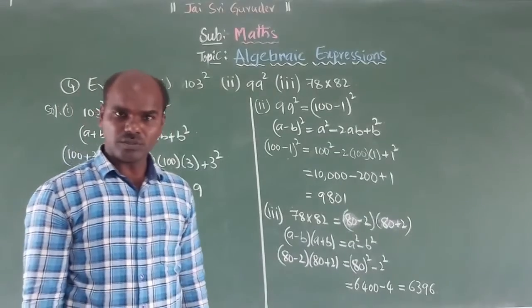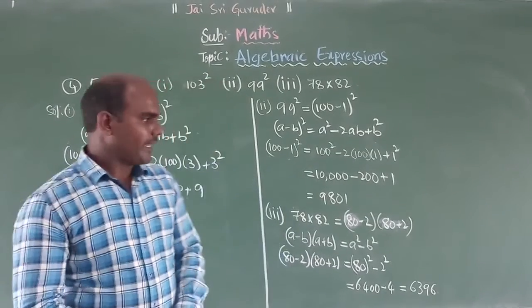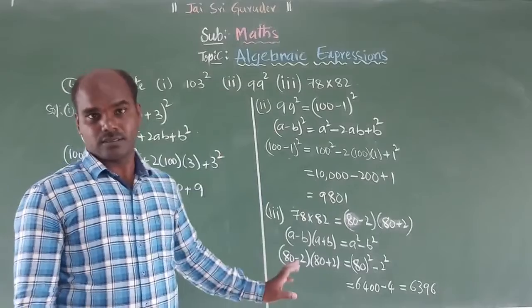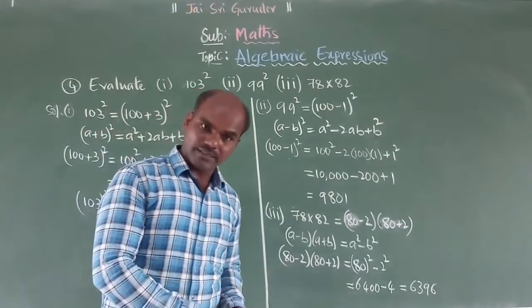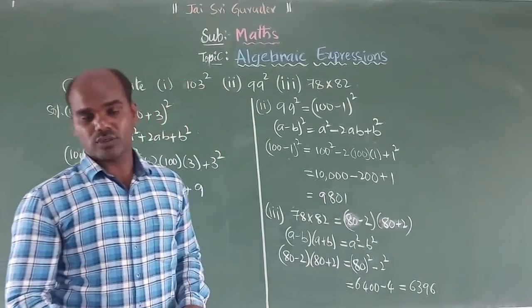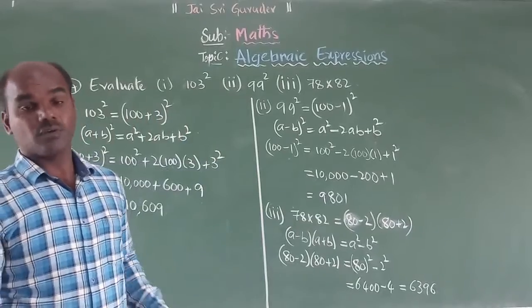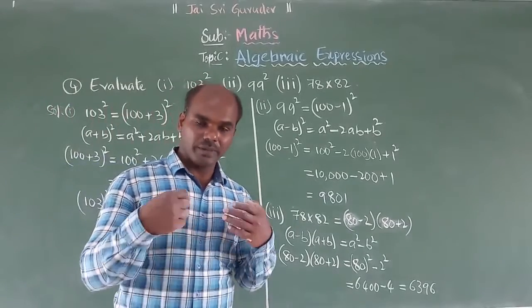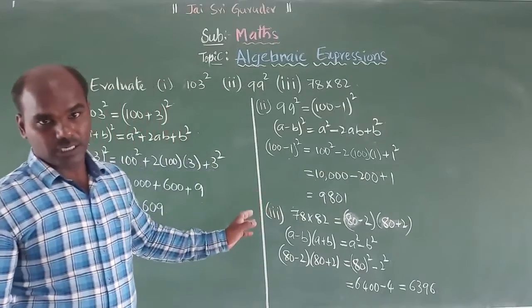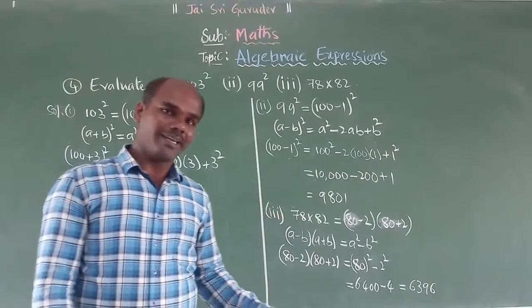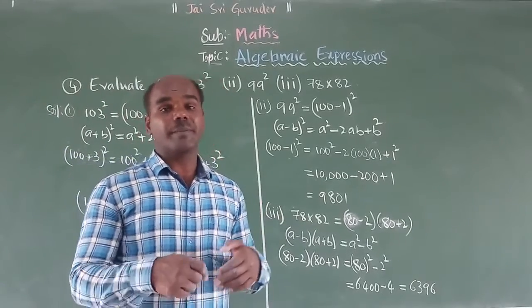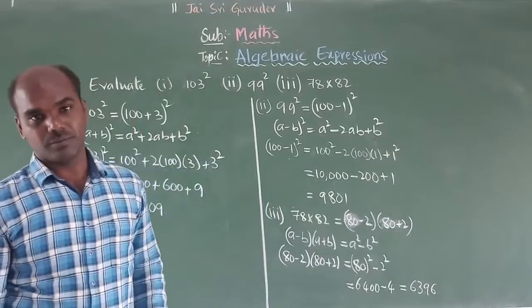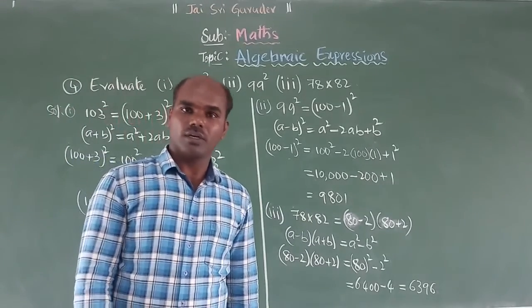Dear children, understood, no? Dear children, what we discussed in the class, you have to revise it. Based on our identities only we completed this, and the homework we are giving you have to complete. Regarding this, if you have any doubts, you have to contact me. After completion of your CW and HW, you must forward it to me.